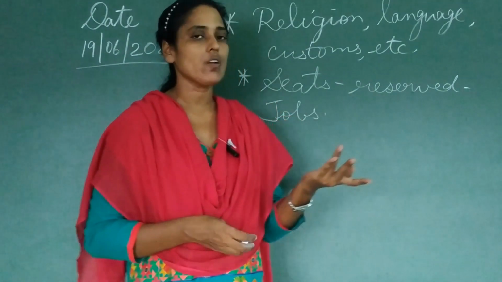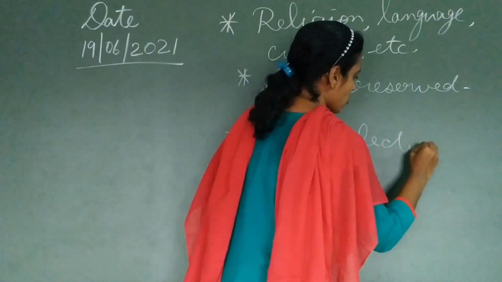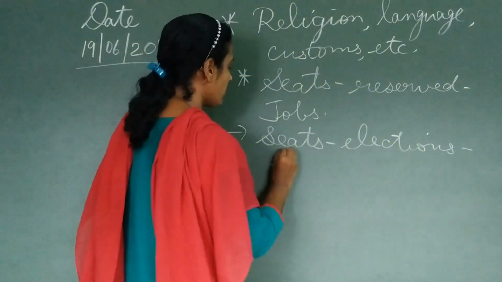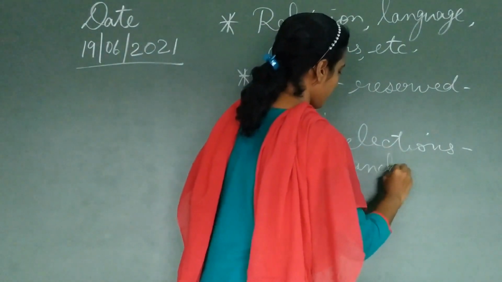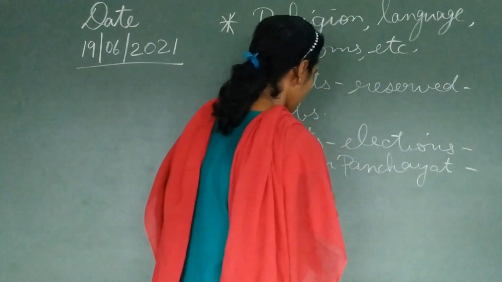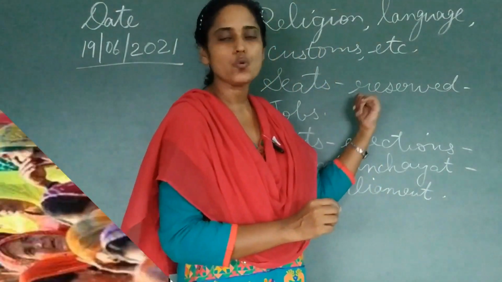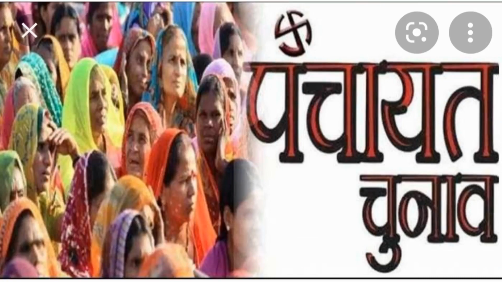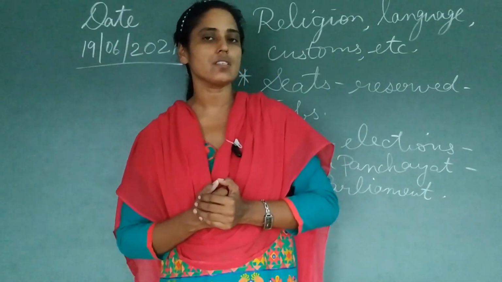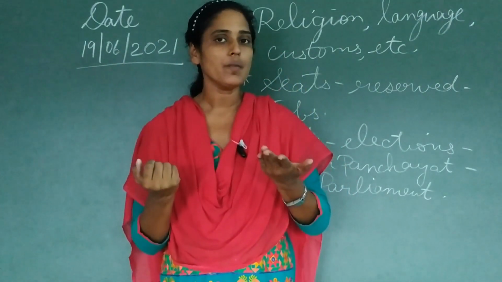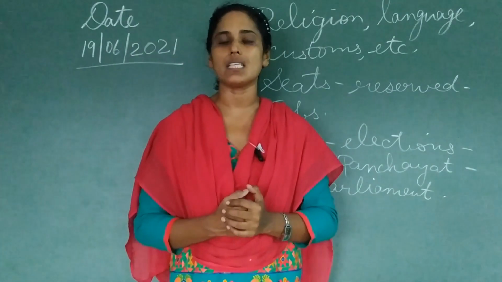Then certain castes of people were given seats even in elections. In which elections, students? Elections of Gram Panchayat. Gram Panchayat means level of rural areas, village, to the parliament. So we can say that seats were reserved in two areas. First in jobs and secondly in the election of Gram Panchayat to the parliament. That is, certain caste people were given much importance because they had to be treated equally. So government did this main factor, this benefit given to them, due to which they prospered economically as well as